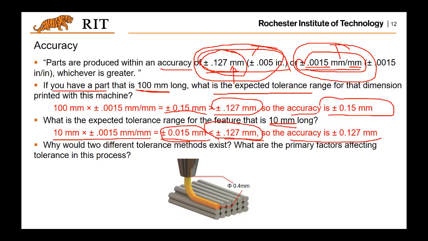Do you guys clear about it? Are we clear? I have a question. Yeah. The millimeter by millimeter dimension, what does that mean? You mean this one, right? You mean this millimeter over millimeter, right? Yeah. Okay, that means if the part size or feature size is 1 millimeter, then